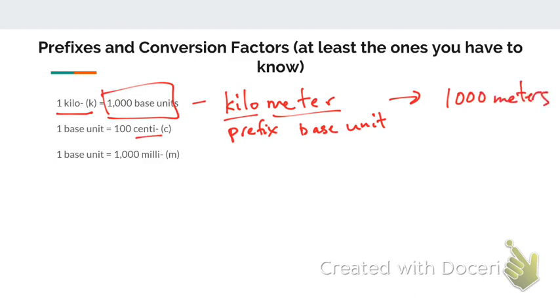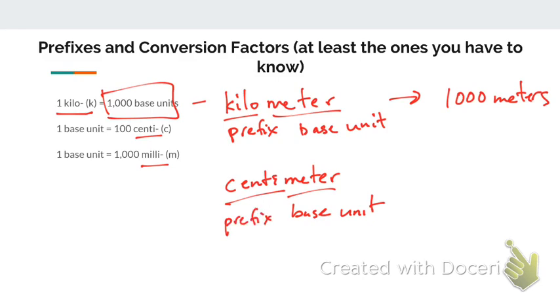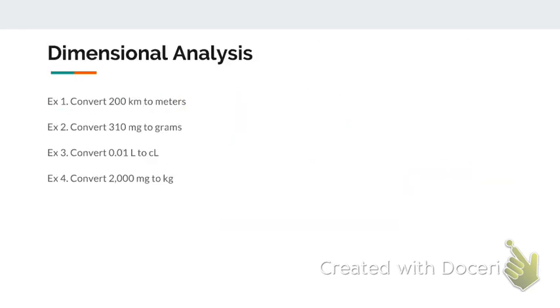And so same thing, we do centi and milli. So in the case of a centimeter, here's your base unit, and here's your prefix. So here in 1 meter, there's 100 centimeters, and so on. All right, so the meat and potatoes of this is how do we convert, say, 200 kilometers